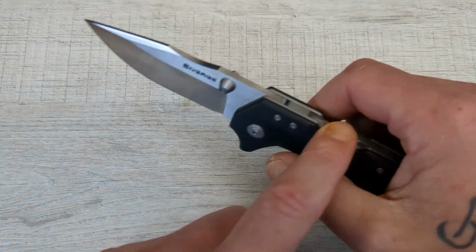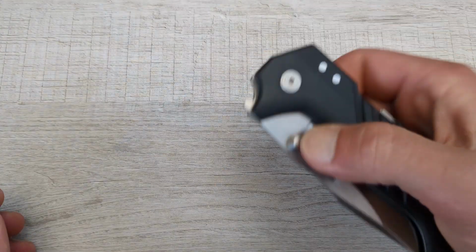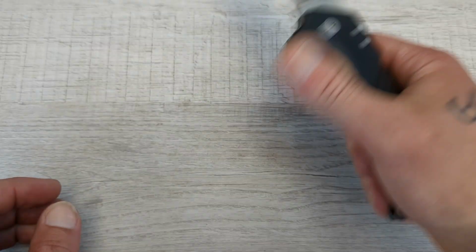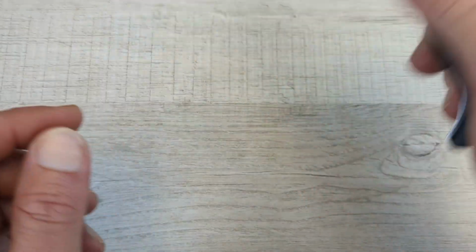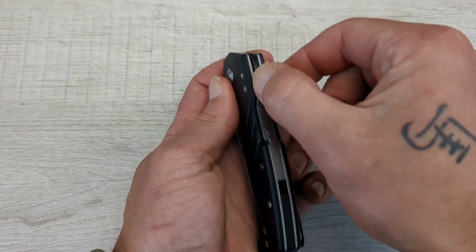Once you get used to the placement of the Atlas lock, the Shark lock is a little higher. The Atlas lock is, I think, smoother, and I think it's actually stronger. I don't know that for sure, but I think it is stronger than the Shark lock. It's just done differently. It's similar but different, and this is a thick